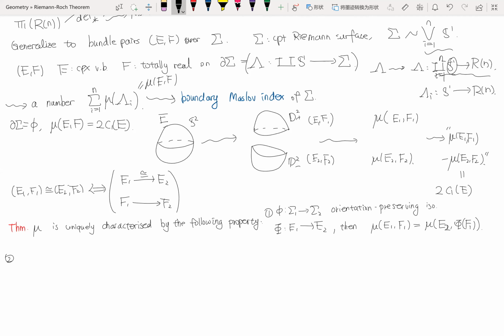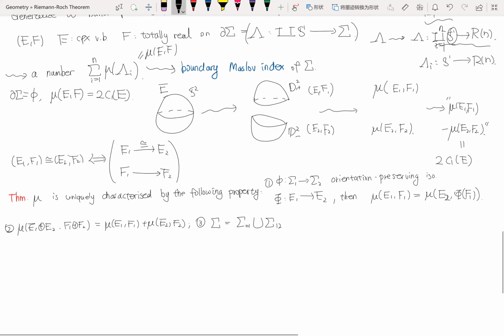And the second is that the direct sum of two bundle pairs must equal the sum of the corresponding Maslov indices. And the third characterization is that if we can decompose Σ into Σ_{0,1} union Σ_{1,2},